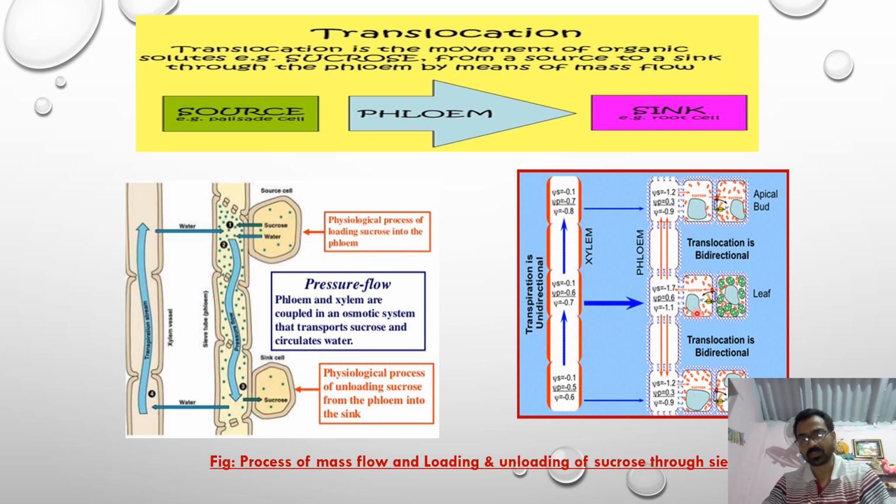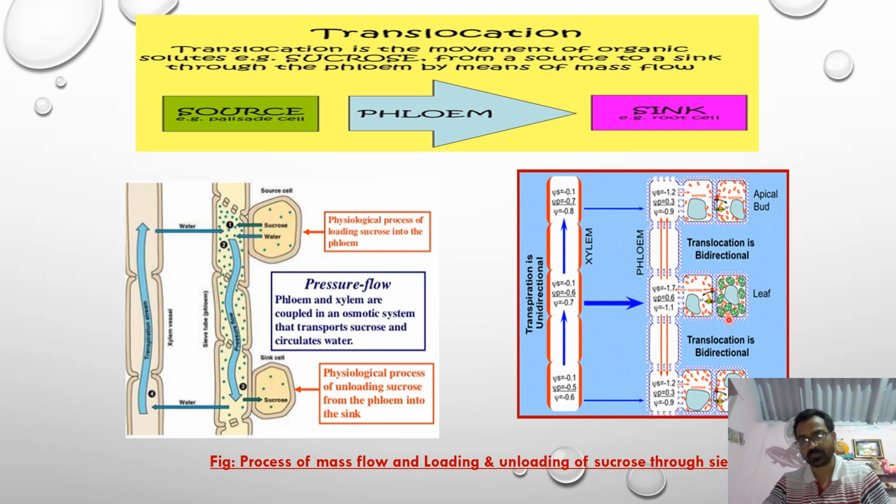On the other hand, you can see again the pressure term has been generated, but not due to suctional pressure. It is due to molecular pressure. This is the variation in the osmotic concentration of the sugar solution. You can see the increased sugar concentration attracted water from all around, which increased the volume of water in a confined area of the tube, and that made them flow to each and every part of the plant.